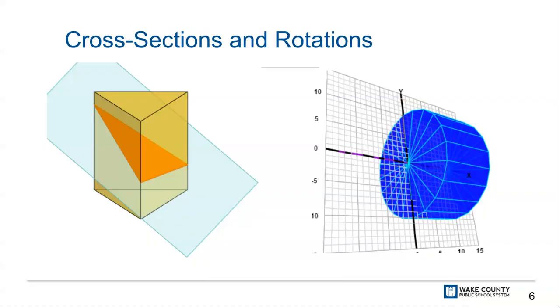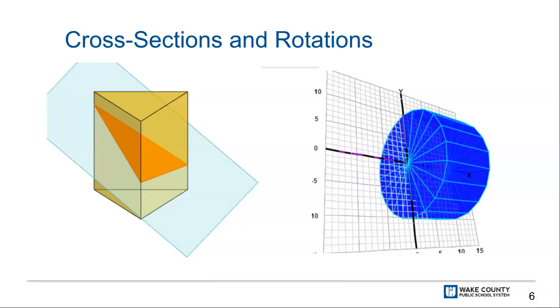In the last lesson of the unit, students will study cross-sections and solids of revolution. A cross-section is created when a plane intersects a three-dimensional solid, such as a prism, sphere, pyramid, or cone. In this lesson, students will learn how to visualize the effects of slicing three-dimensional solids and identifying the two-dimensional figures